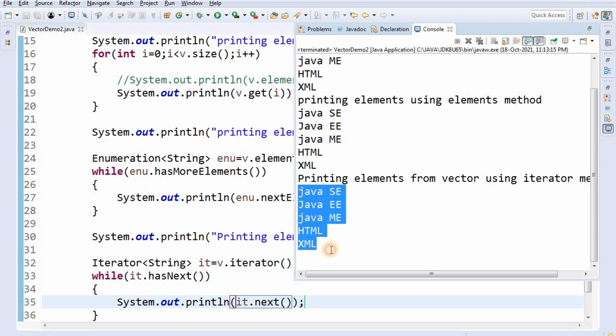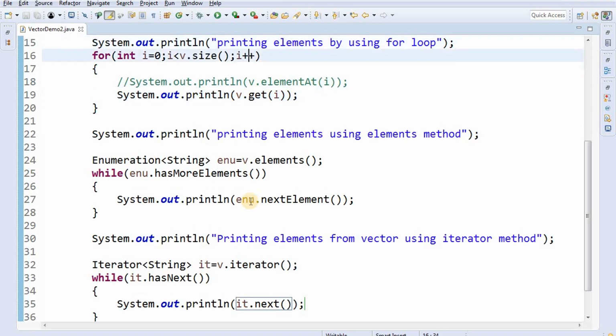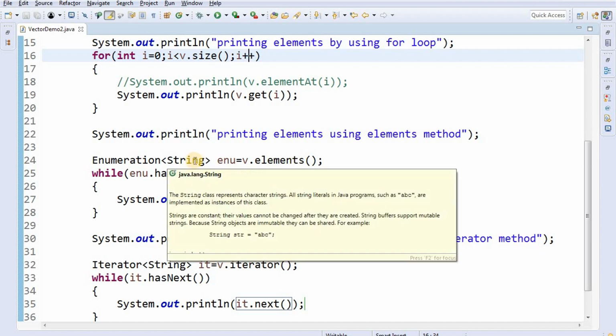So in this session I showed you how to print the elements from the vector by using three techniques. The first technique is using a for loop, in which I used the size method as well as the elementAt method and get method. In the second technique, I used the elements method from the vector, which returns an Enumeration object.